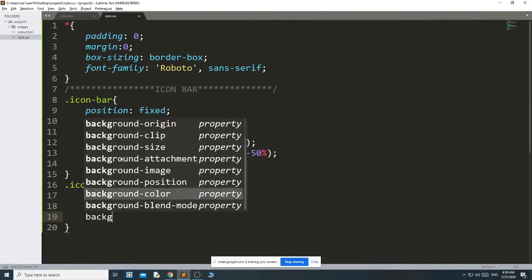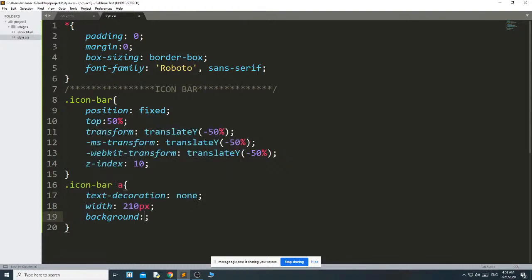Background color I am giving hash 3b5999. Then color hash fff, white color.